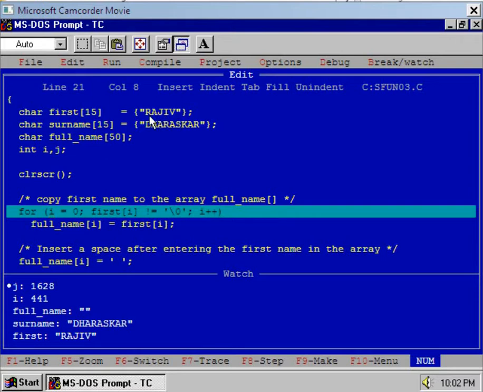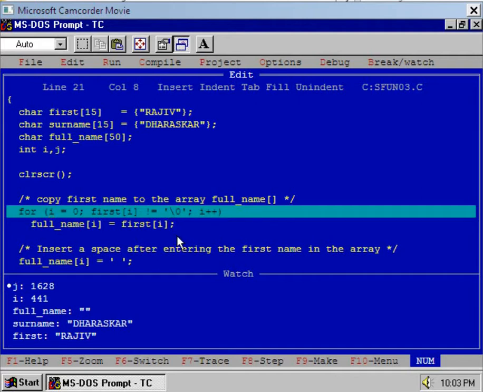So in total there are 6 characters, out of which we want to copy the name Raju to the full name, and we don't want to copy the \0. That is why the condition is first in the bracket i not equal to, this sign is not equal to, \0, character \0. Is it clear?